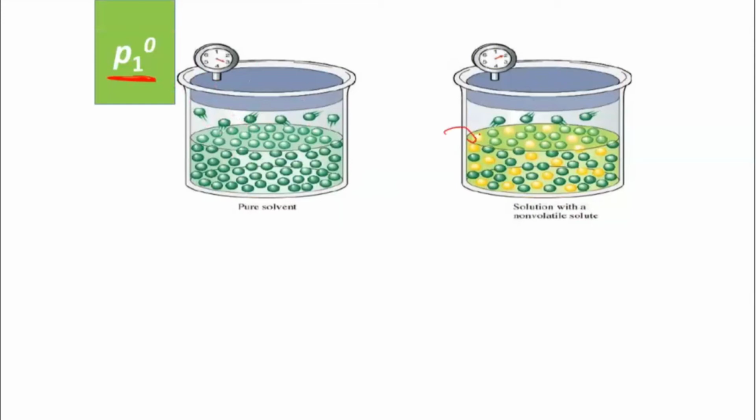And when you add the solute particles, you know that surface area decreases. When surface area decreases, the number of vapors of that solvent will become less. So you can see here the vapor pressure of the solvent becomes less when the solute is added. I have taken P1 as the vapor pressure of the solution. When you add the solute, the number of particles which will come into the empty space will be less, so we are considering that as P1.